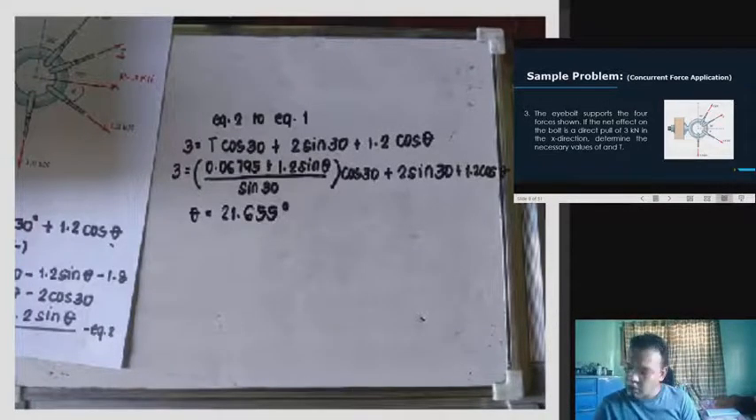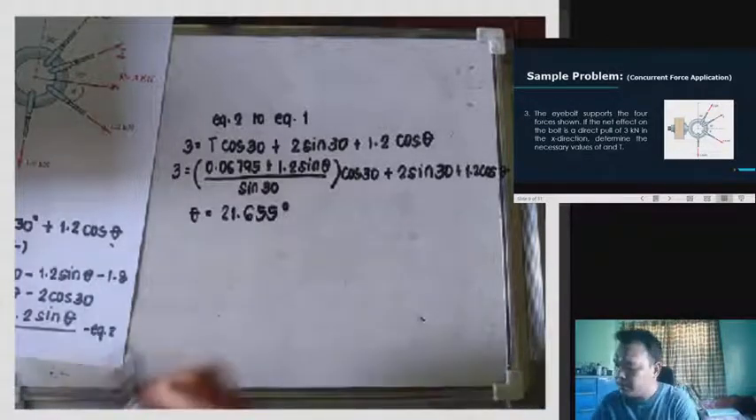(1.2 sine theta all over sine 30). Wait lang. 3 times 0.06795 plus 1.2 sine alpha x all over sine 30 multiplied by cosine 30 plus 2 sine 30 plus 1.2 sine alpha x. Cosine alpha x pala to. Cosine alpha x. So we have here